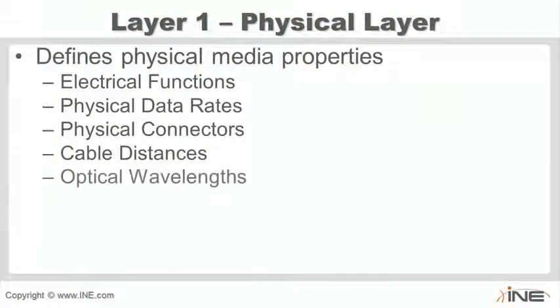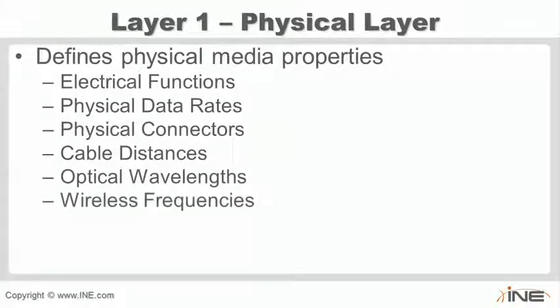So if I need to send my data from New York all the way to Los Angeles over one physical link, then the layer 1 properties are going to come into play. So if it's an electrical signal over a copper interface, typically that's not going to work because the signal can't go that far. So this would be different physical functions of the actual cable, like the optics, or like the